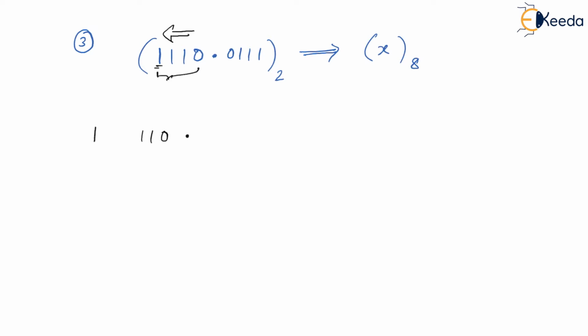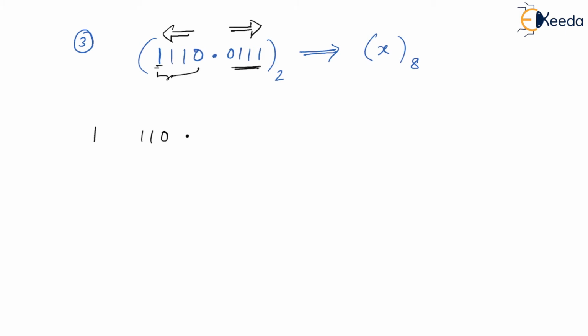Now try to understand, whenever there is a decimal point, for the remaining fraction number, I'm calling this one a fraction number, you have to again make groups of 3 bits. But please understand, this time you are not going to make groups from right to left, you are going to make groups from left to right. So like this. You do it from left to right after the decimal point. Before the decimal point, whatever the number is, you have to group them from right to left.